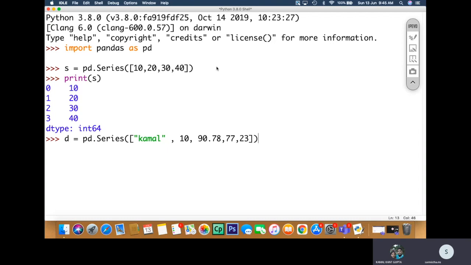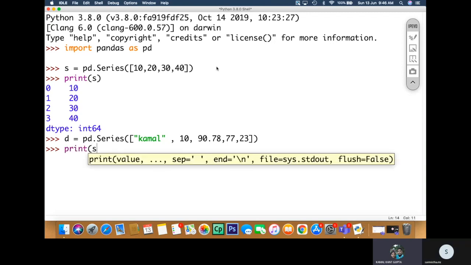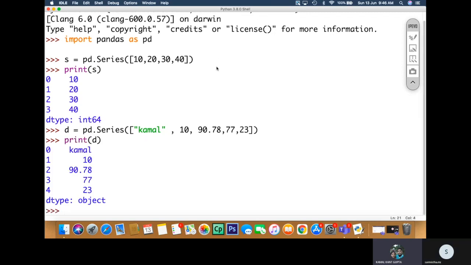Object or string? If everything is converted into string, then it should be str. No, the data type here will be given as object, I guess. Okay, let us print D and see what comes. Yes, it's object, right?